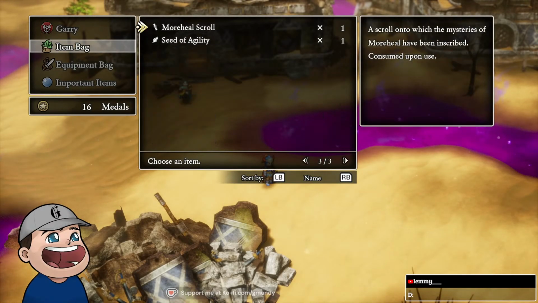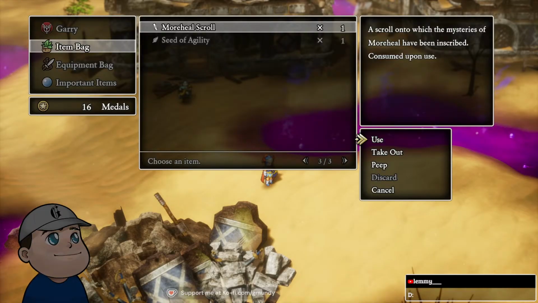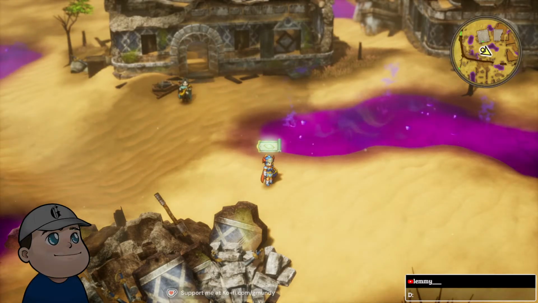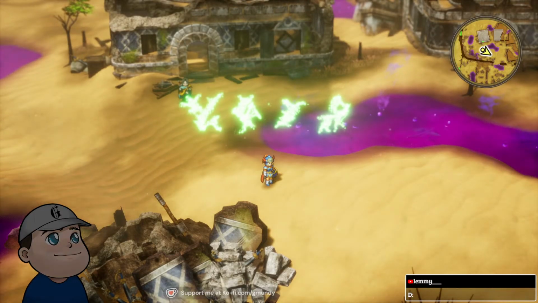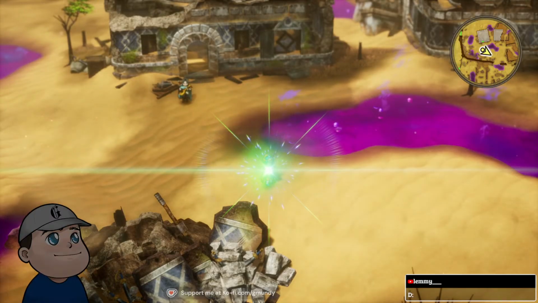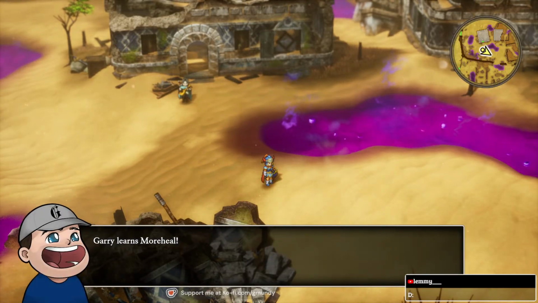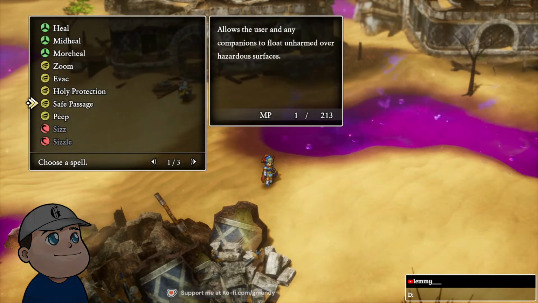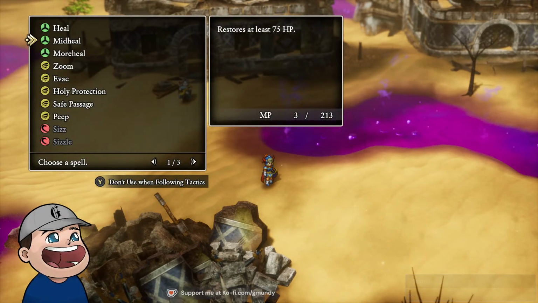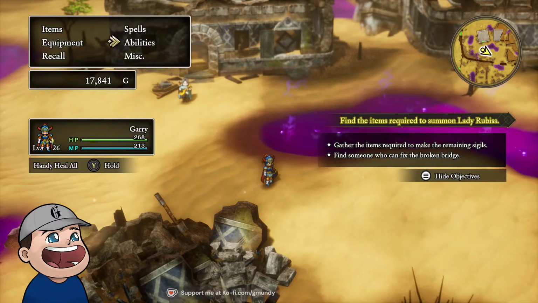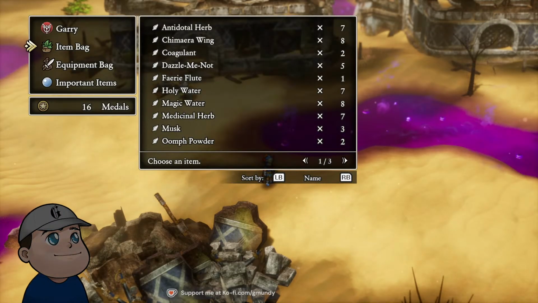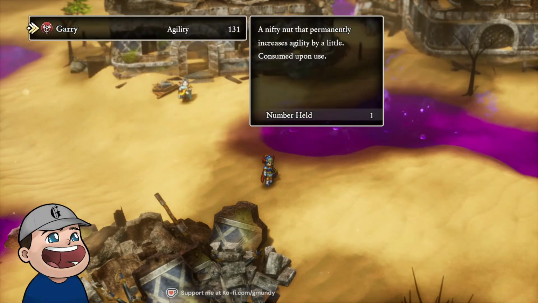Let's use the scroll. 164 HP and it only costs 5 MP. That's pretty good. Okay. Let's use all of our seeds.